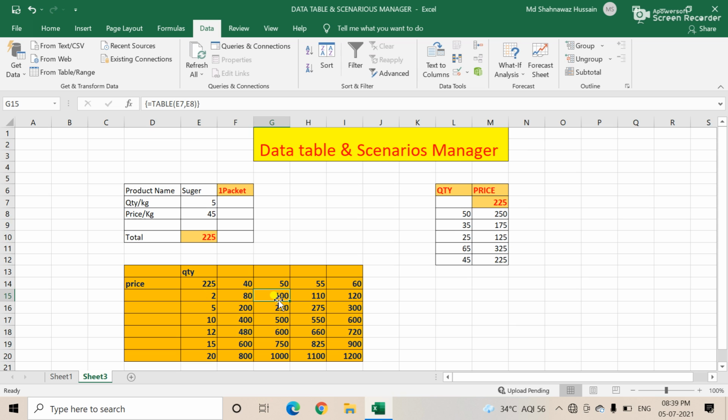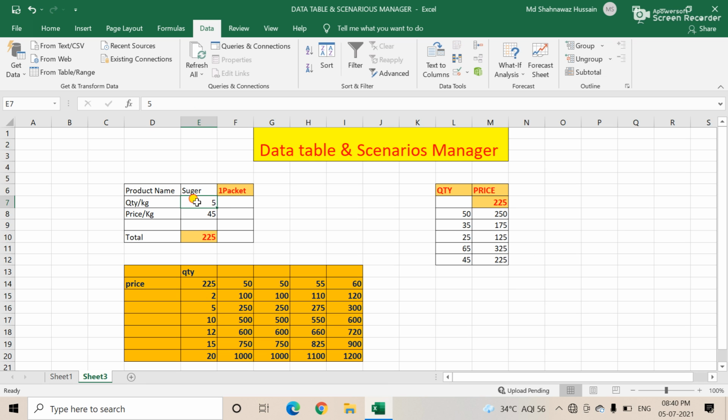It means the packets of 2, 5, 10 are the quantities, in kgs actually, and if it is a 40 kg packet, then the price is 80, like this. If you change anything, suppose I change here 40 to 50, then it automatically changes.